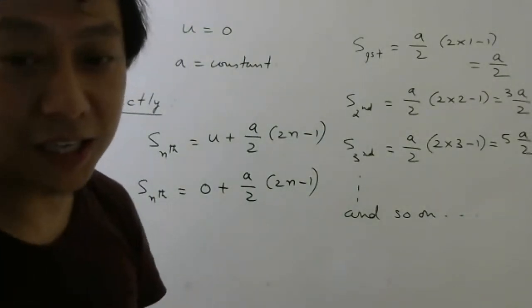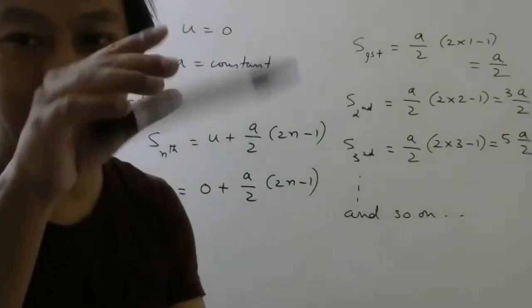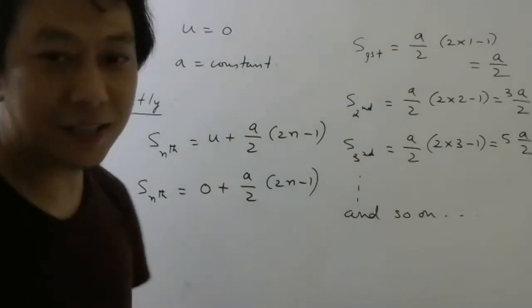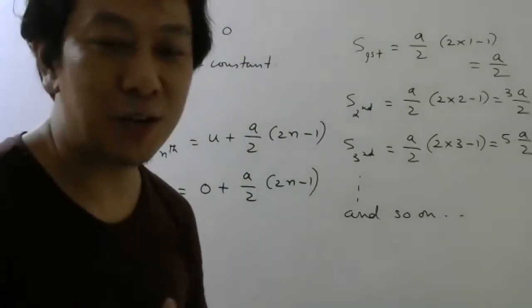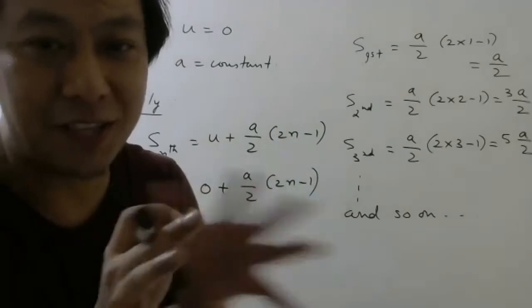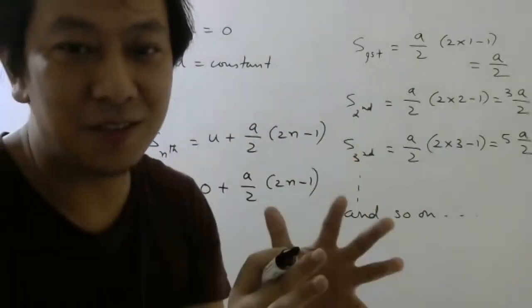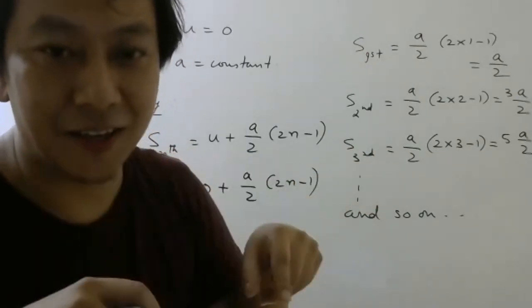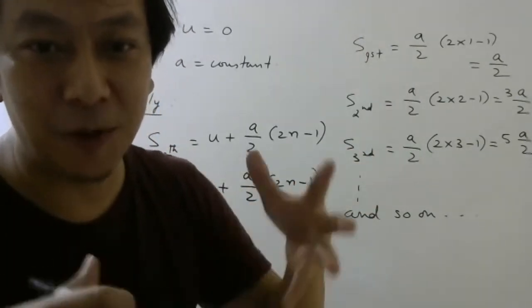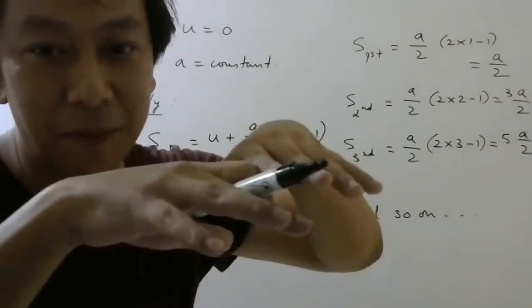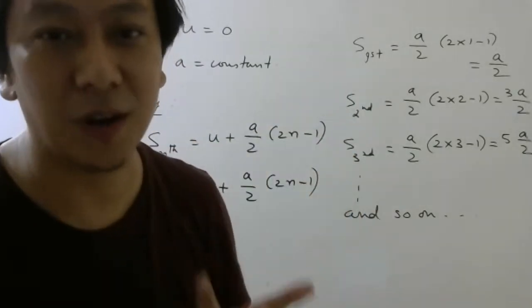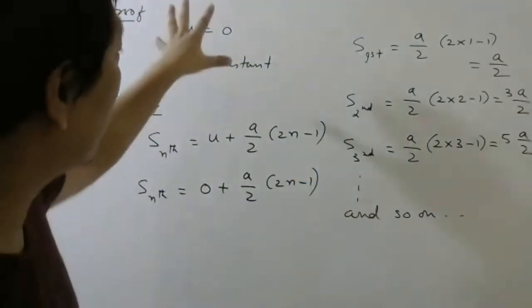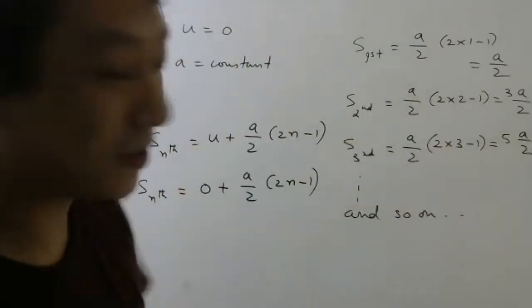It is a condition. If you drop something, the initial velocity is 0. Then you should ask why a is constant also. When you study something, you are making some assumption, saying if this is true, this is what will happen. If the paper is flat, the interior angles of a triangle will be 180 degrees. If the paper is curved, that law will not work. So you are putting some condition and studying what happens.